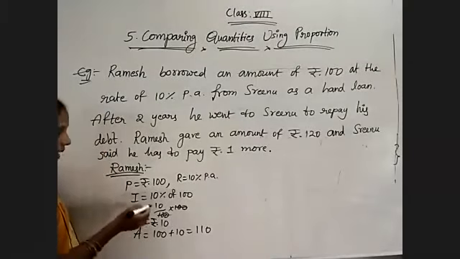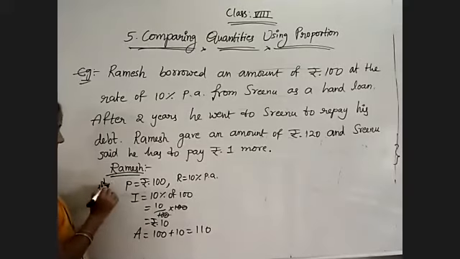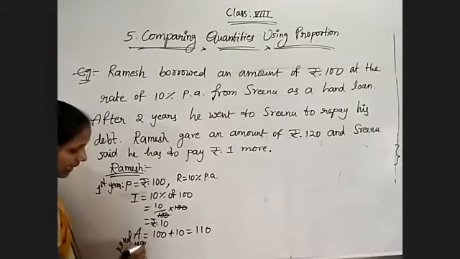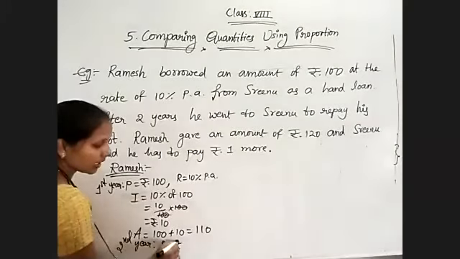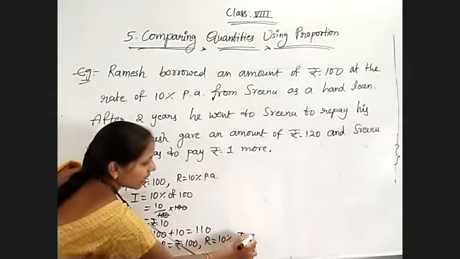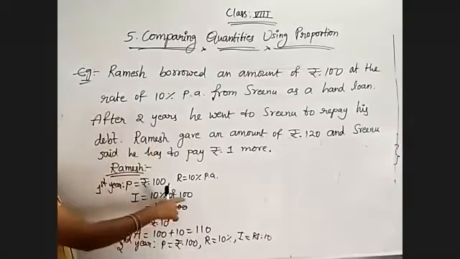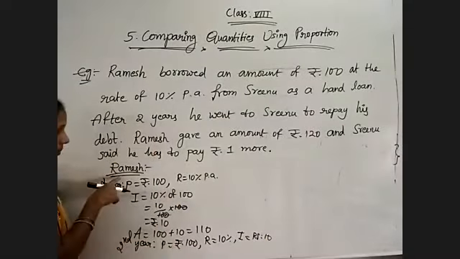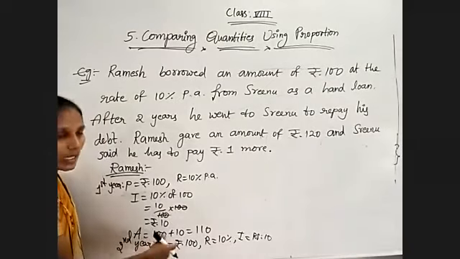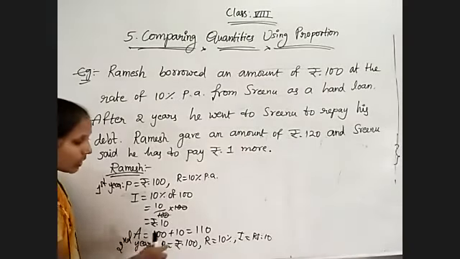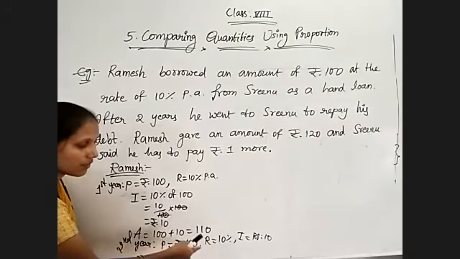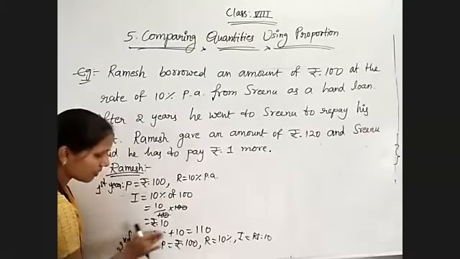Okay, this is for the first year. Coming to the second year, he is again taking principal as the same 100 rupees only. Again, rate of interest is 10% per annum. So again we will get interest of 10% of 100 rupees, because Ramesh is not changing the principal. How much amount he took, for that only he is calculating interest again. So previously after 1 year 110 rupees, and again 10 rupees added. So totally 120 rupees.